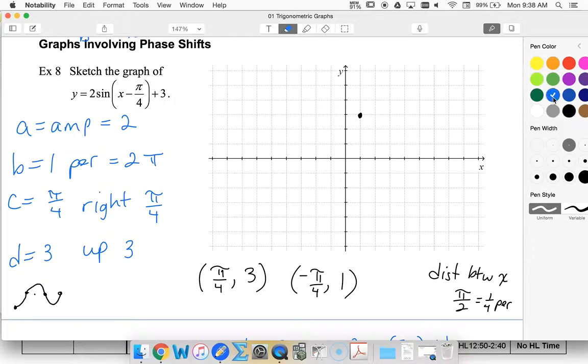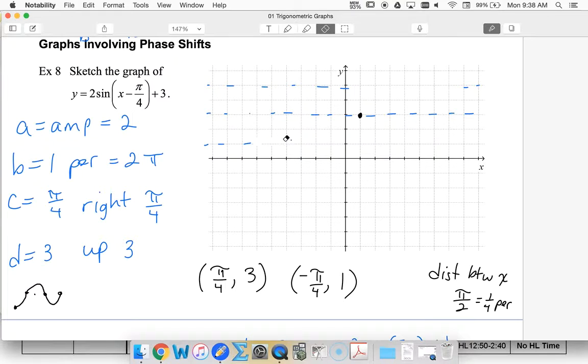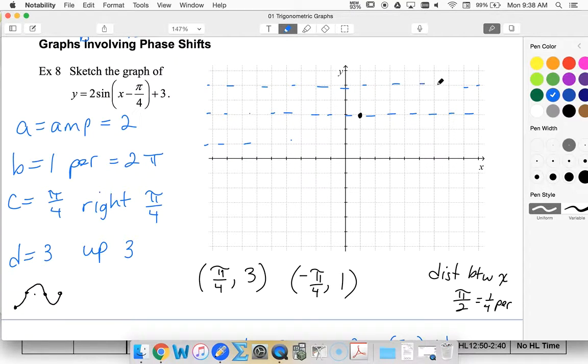So let's put in our principal axis, maximum, and minimum. Jeez, not straight. Maximum, minimum. So we know we had center because we're doing a sine graph, and then down at the minimum. All right, well, I know that if I keep counting symmetrically, I'm going to go minimum, center, maximum, center,